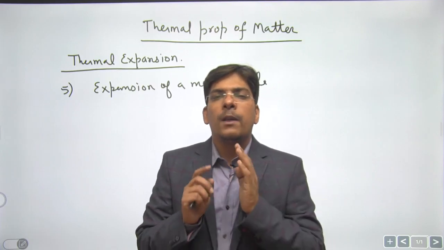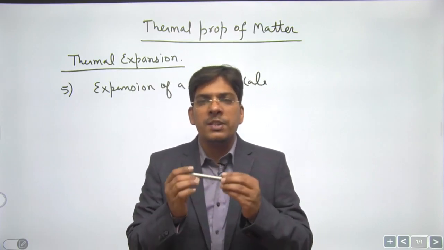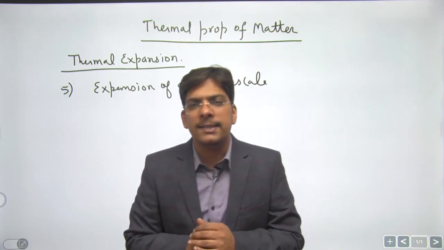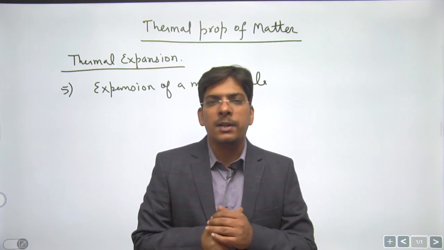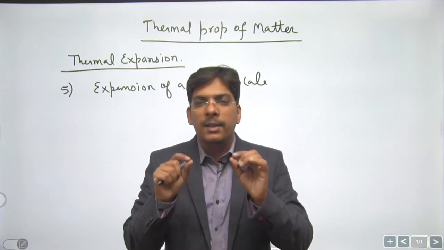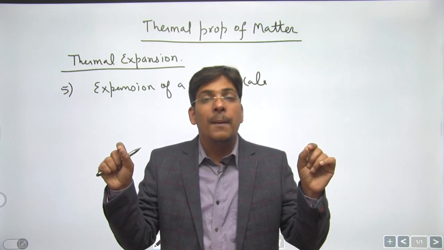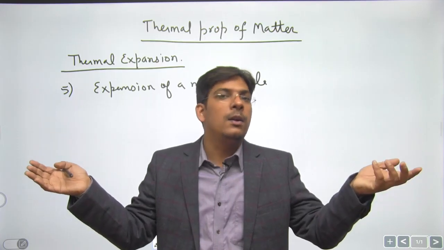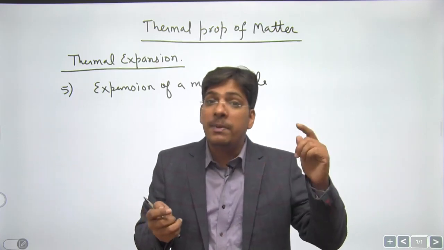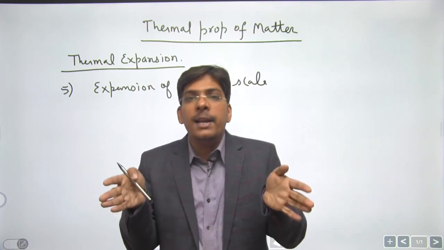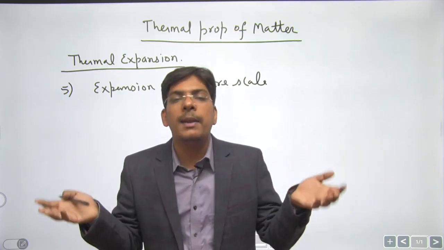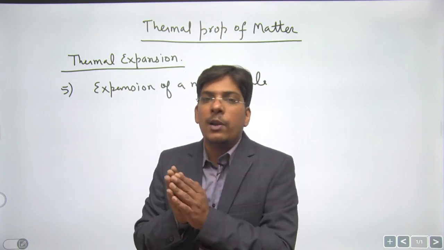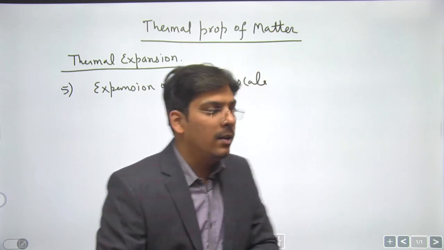So if a meter rod which is used to measure the unstitched cloth is calibrated at say 20 degrees Celsius and the surrounding temperature becomes 45 degrees Celsius, the length of the meter rod is going to expand. But when you measure the cloth with that meter rod, you are going to say it is 1 meter, but its true value will actually be greater than 1 meter, right? The scale reading will be in fact always 1 meter, but the true value will be more in case of summers and less in case of winters, definitely.